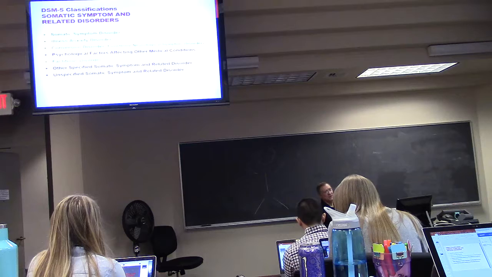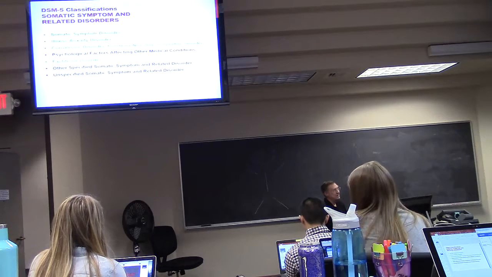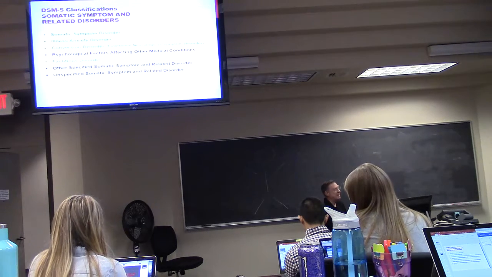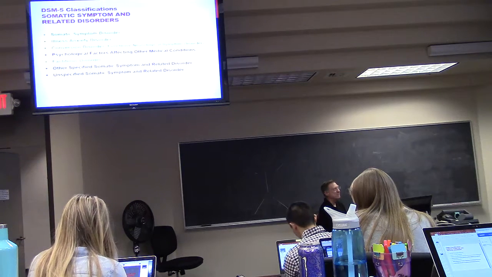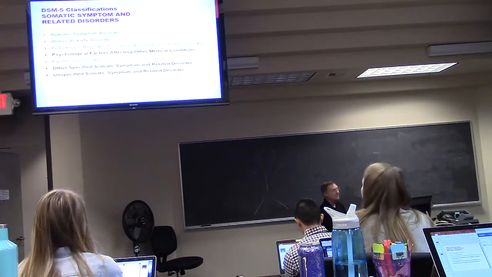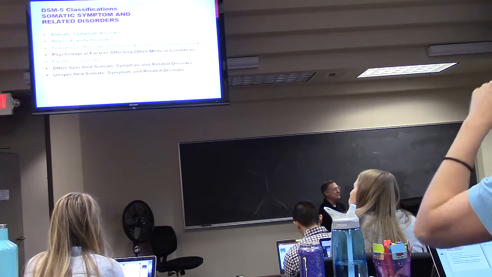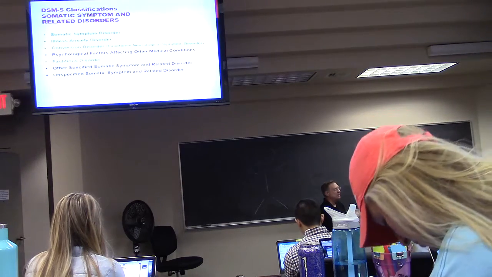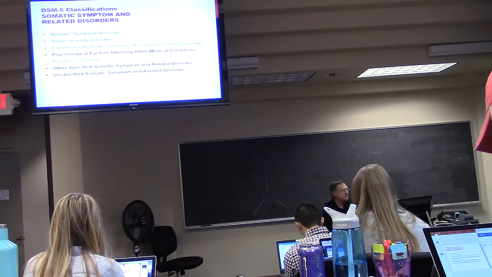Within this group of disorders, we have somatic symptom disorder, illness anxiety disorder, and conversion disorder. I'm just going to mention that briefly. I'm not going to make y'all go into all the details of that, but it's also called functional neurological symptom disorder. Big word, mouthful word. Then psychological factors affecting other medical conditions, a grab bag. Factitious disorder, made up, faking. Unspecified somatic symptom and related disorder, and then unspecified. So we'll look at the ones in green, all of them except conversion disorder, in a good bit of detail.